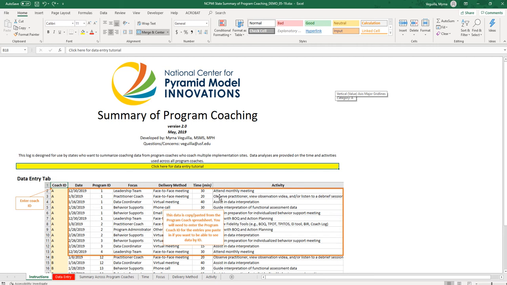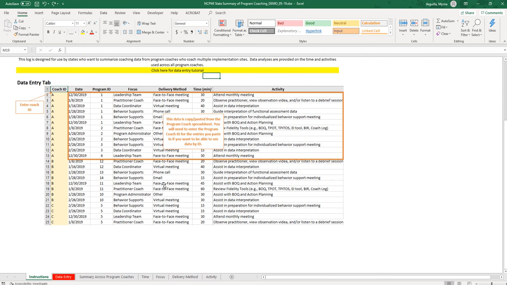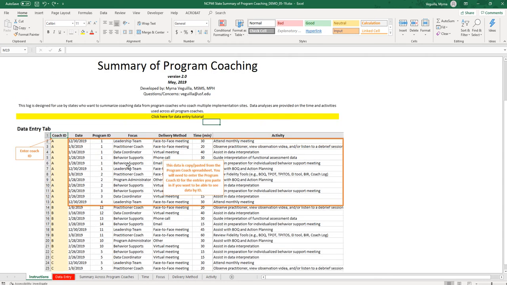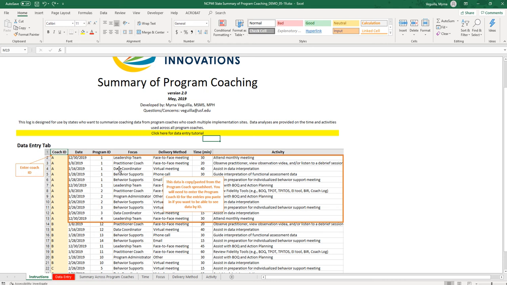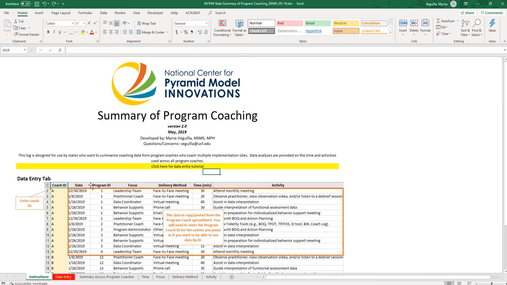On this spreadsheet, the first tab is the instructions tab that gives you my name, my email in case you have any issues, the link to this tutorial, and then below that you have some instructions. Like the instructions say, the data that you're getting is from your program coach's logs. So you'll need all of your coach's logs in order to use this spreadsheet. The only thing that you'll be doing is copy pasting from their spreadsheet into this one